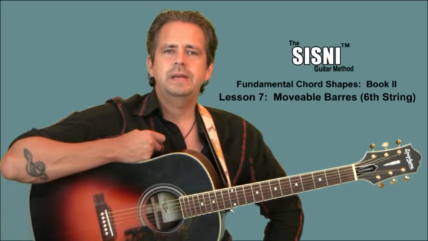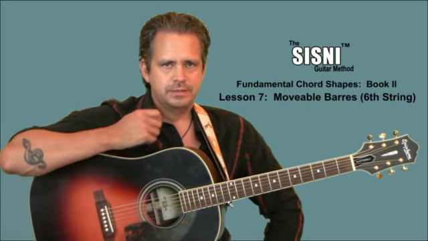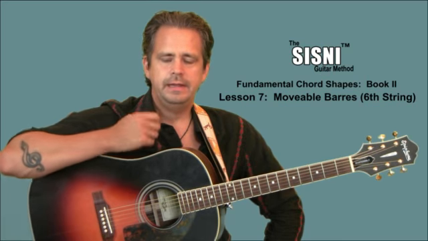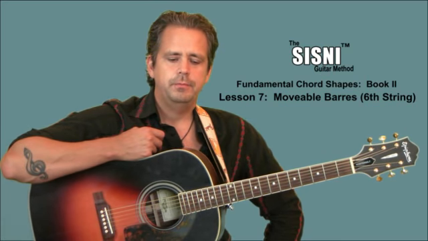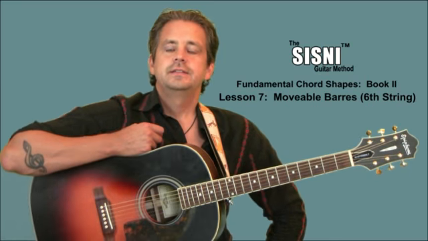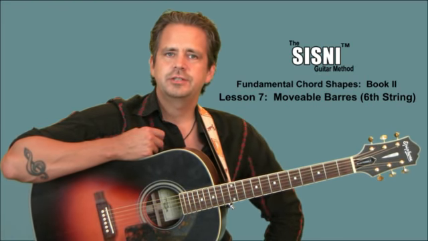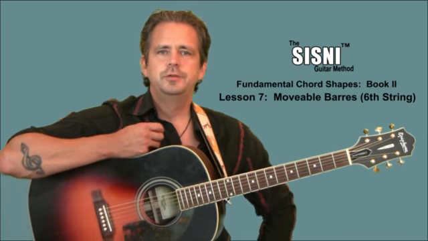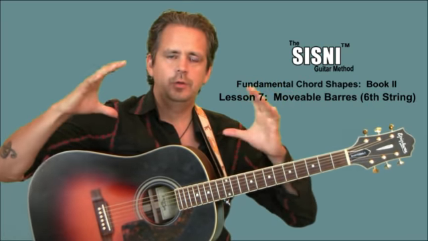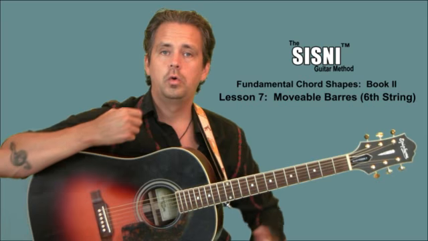Welcome back guys. Okay, we're going to look at a section in your Fundamental Chord Shapes, book number 2, right around page 35, 36, 37, 34, somewhere right in that area. Movable bar shapes on the 6th string. This is kind of what we've been working up to, guys. This is going to be an important section, although it may seem confusing because there's no real set of boundaries for this section. It kind of opens up a whole brand new